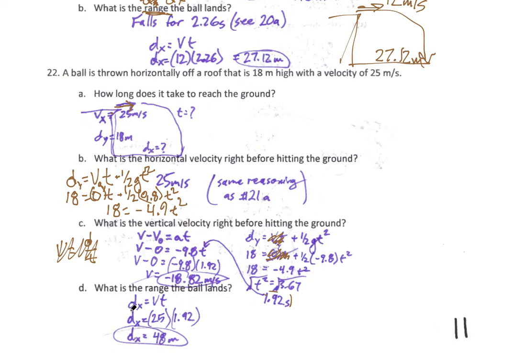What's the range that the ball lands? I love these problems. They're nice and easy ones, right? Because we're just looking for distance in the x direction. We know that our velocity is going to be the same in the x direction no matter what, because again, gravity acts in the vertical direction, not in the horizontal direction. Multiply it by our time. The reason that I can use a time of 1.92 here,